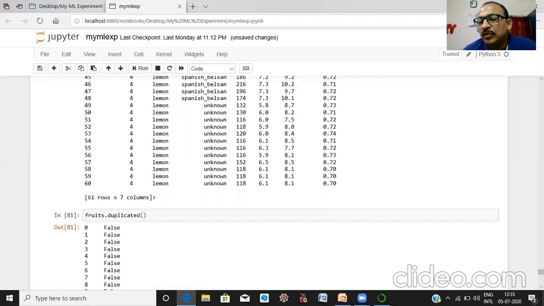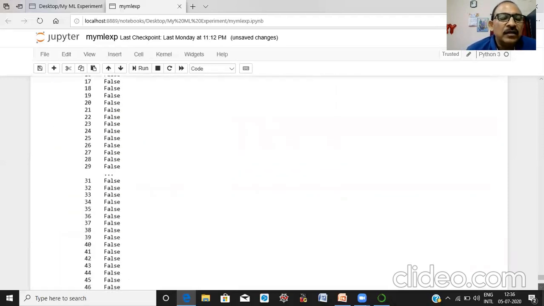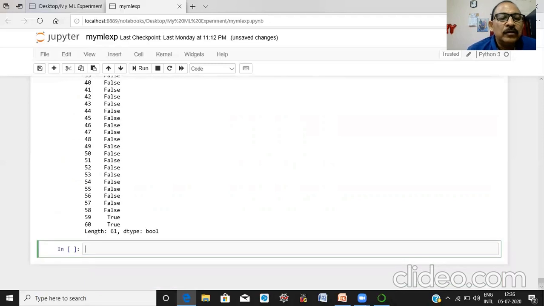False means no duplicate entries in your rows. Here you can see 59 and 60 are duplicated entries. Now we have to remove them from our data set.